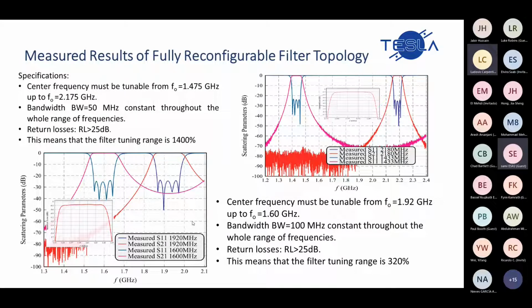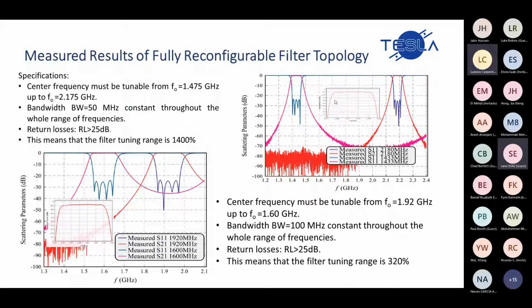And if we want to adapt a variable bandwidth, we can move our bandwidth to double the size of our initial bandwidth. As you can see, we designed our filter at 2.175 gigahertz with an initial bandwidth of 50 megahertz. These are the results we measured with a VNA. We started with this response, and we could tune our filter down to 1.475 gigahertz while maintaining the 50